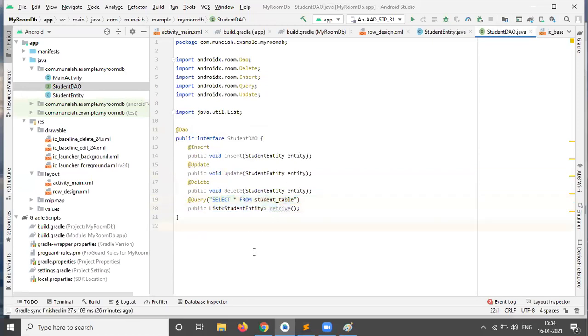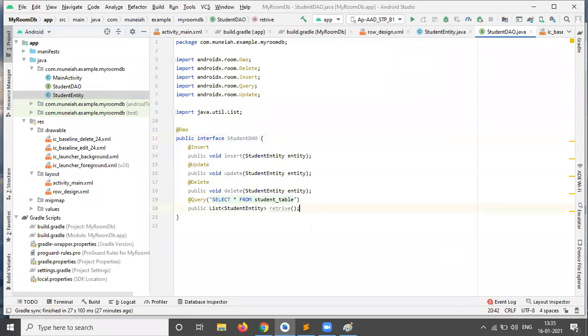Okay. So have you done this part, like adding the DAO class and entity class? So the entity class is completed and the DAO class is completed.